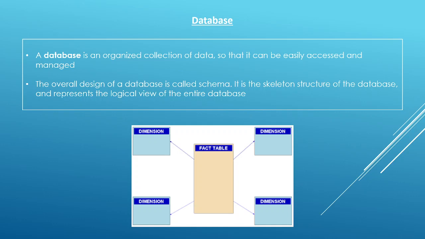And the overall design of a database is called a schema. Schema is nothing but more like a skeleton or the structure of the database. And if you put it out in a figure, it represents how the entire database looks like logically. Now, the most commonly used schema in a database is called star schema. Now, what star schema stands for is there will usually be one fact table and multiple dimension tables related to